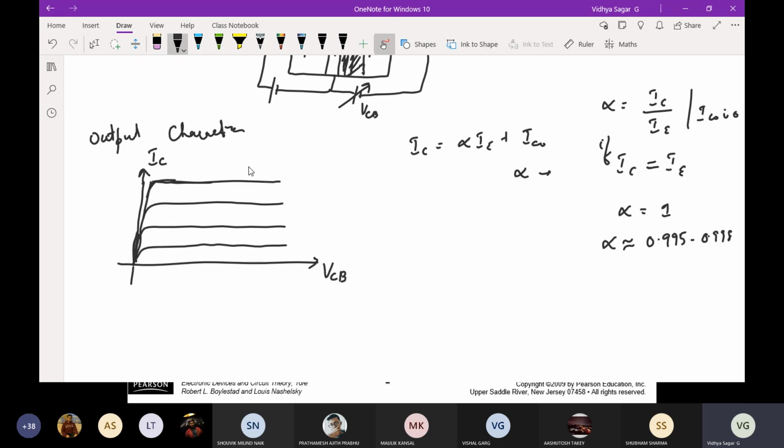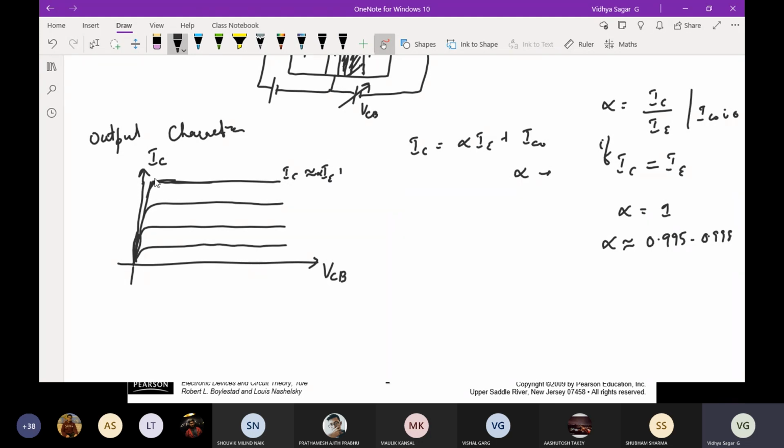So this current equation would be IC approximately equal to alpha times IE. That is why I've just made it as straight lines. So output current is equal to your input current mostly. Fine. If it were increasing, it wouldn't be justifying the characteristics. So now IC is approximately equal to alpha times IE.